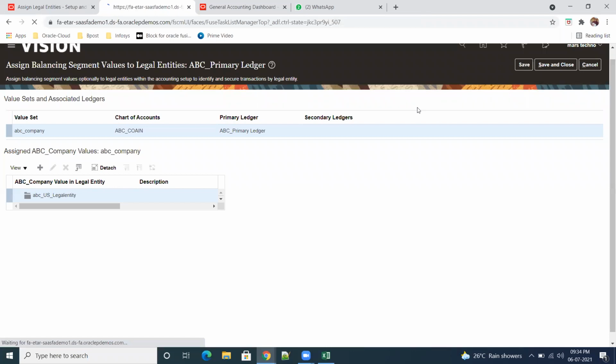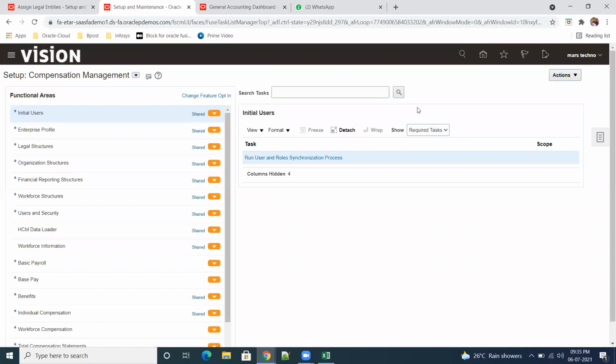These balancing segment values are needed when you want to use your legal entity for further transactions. It means for PR creations, PO creations, transaction account builder. All these areas, these balancing segments are important.